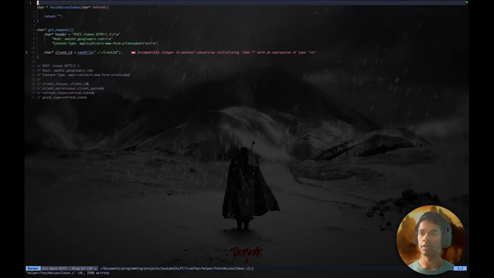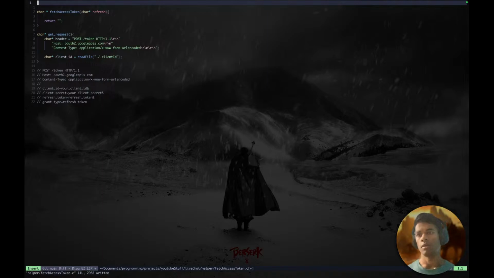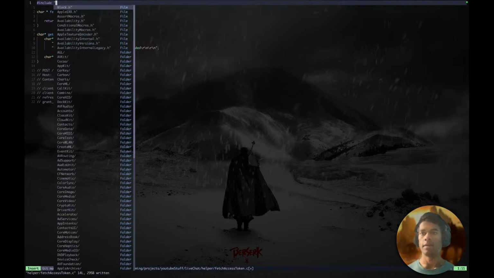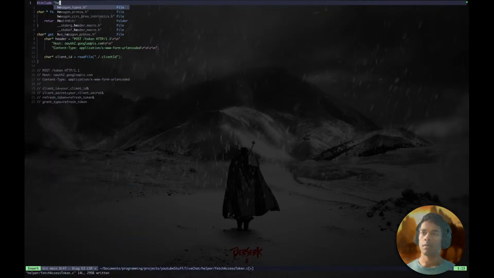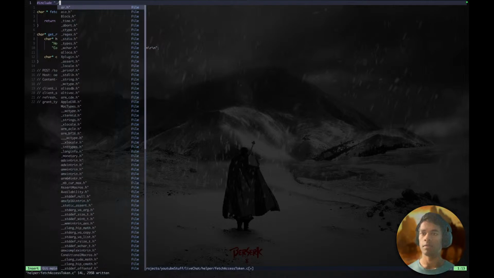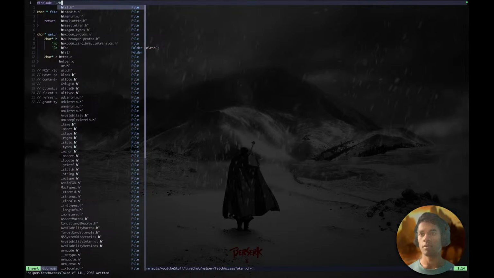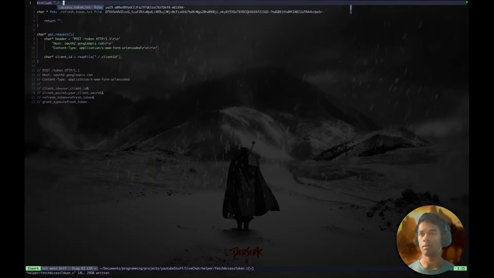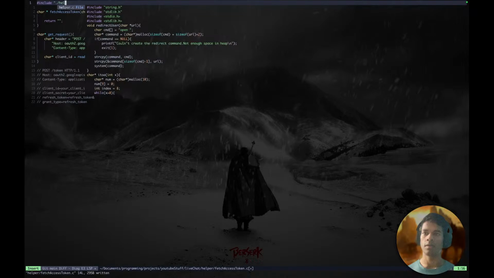Read file is something that I have created. Include, where is it? Dot slash refresh token access token. Okay, then